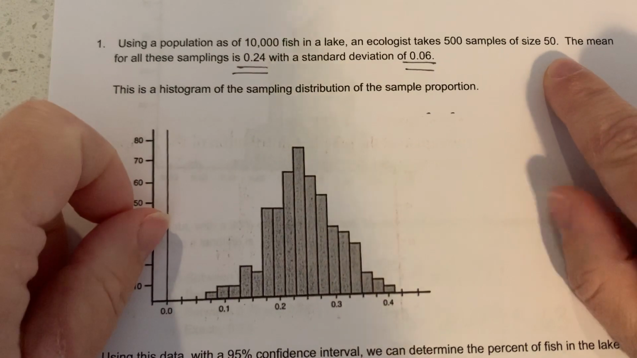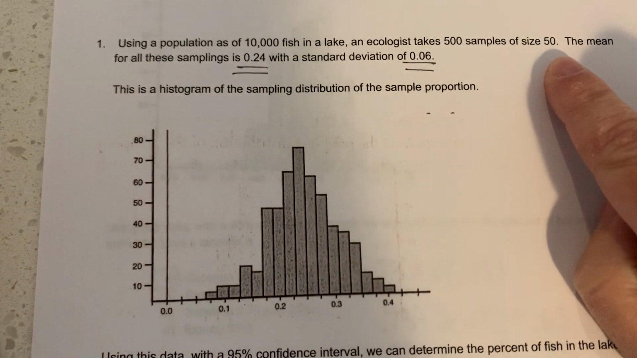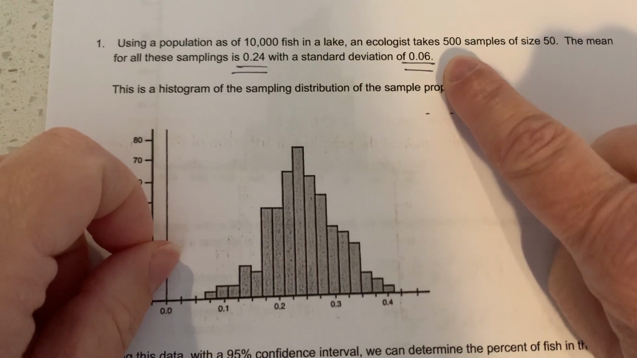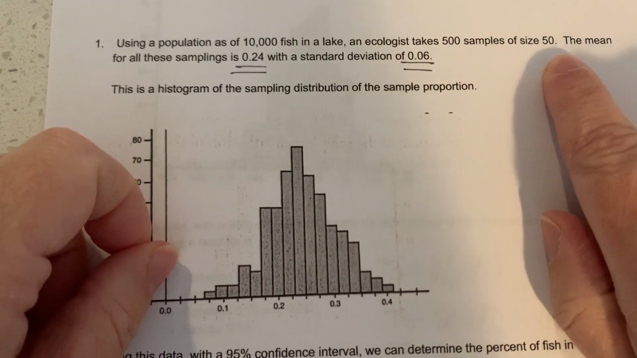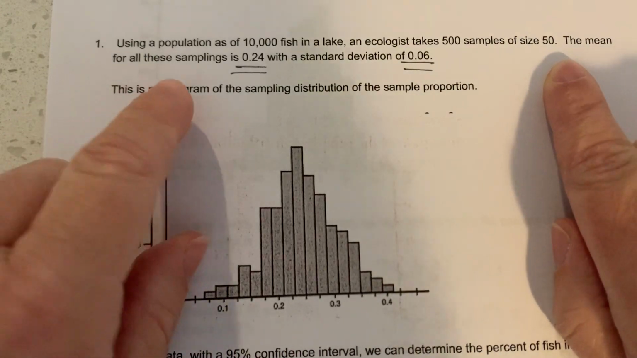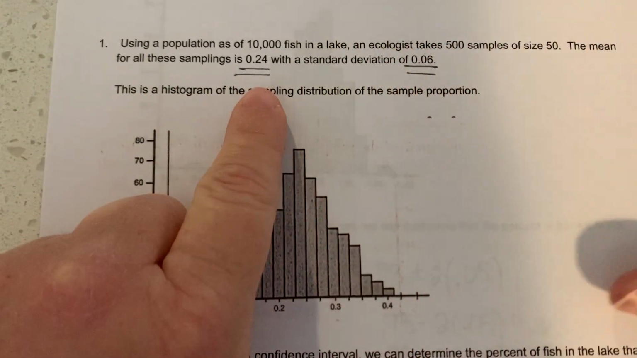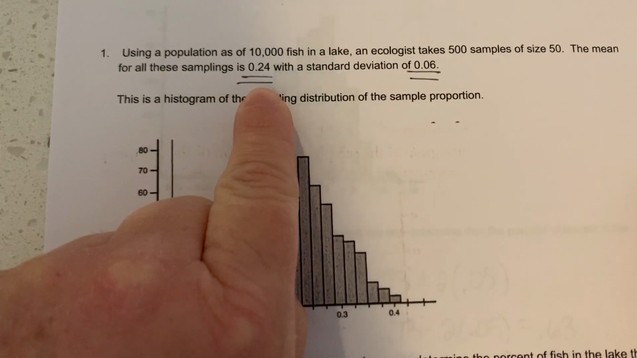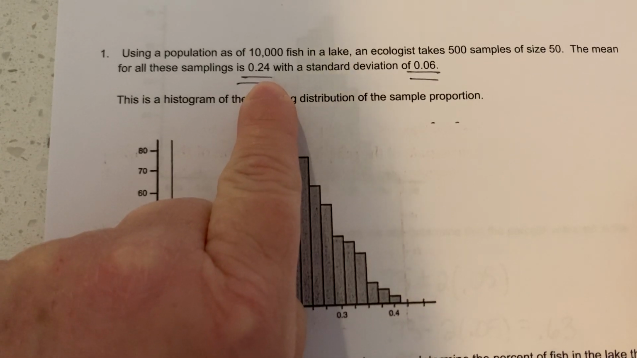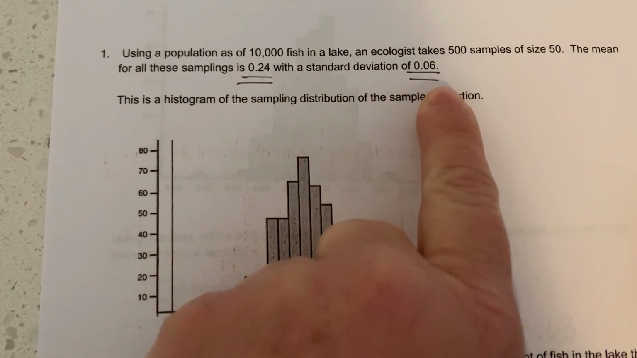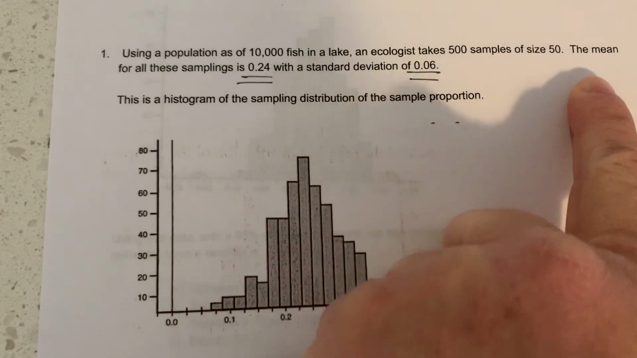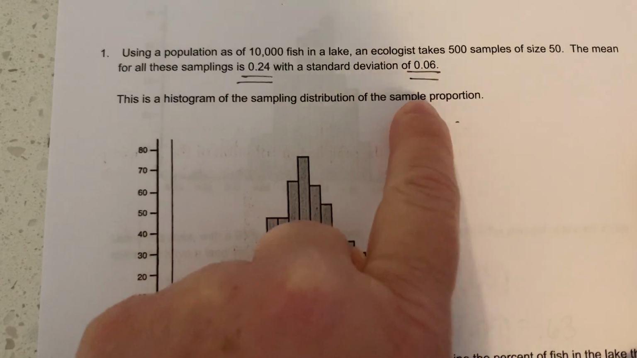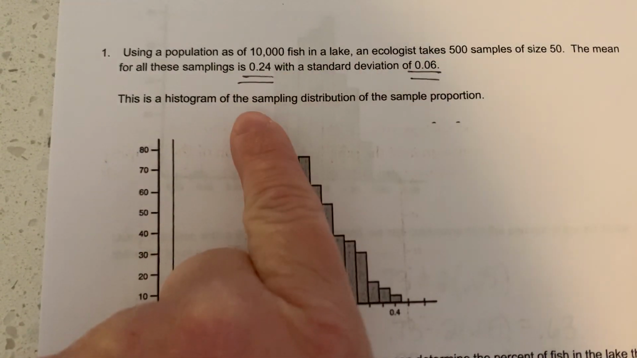So he catches 50 fish and he notes whether they're cod or not cod. And then he puts them back and he does that 500 times. So 500 different times he gets a sample size of 50 fish. And he realizes after he averages all of his samples that he ends up with a mean of 24% or 0.24. And it has a standard deviation of 0.06, because all he would have had to do was average that out and put all of his findings into a calculator, and it would tell him the mean